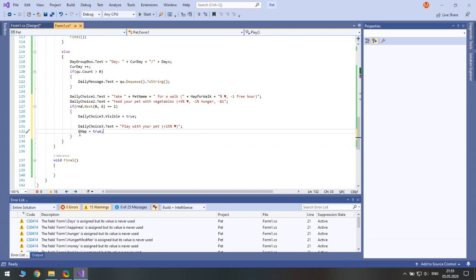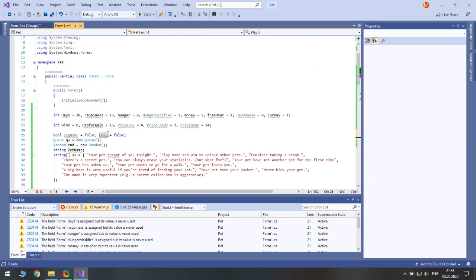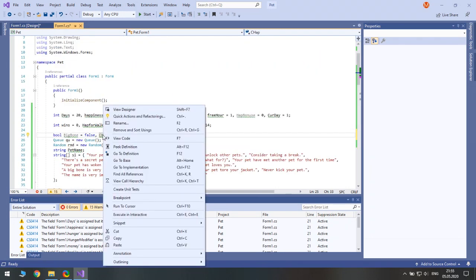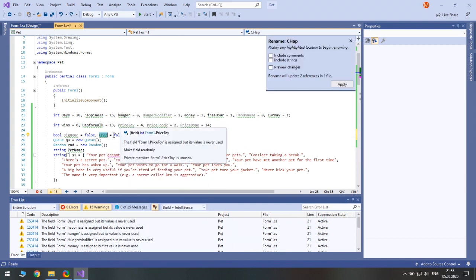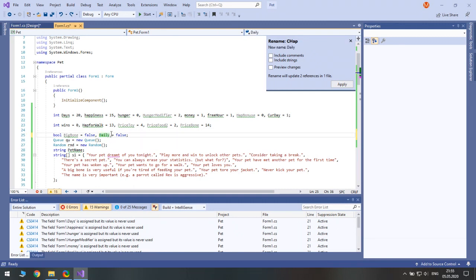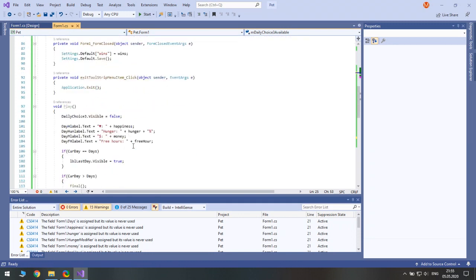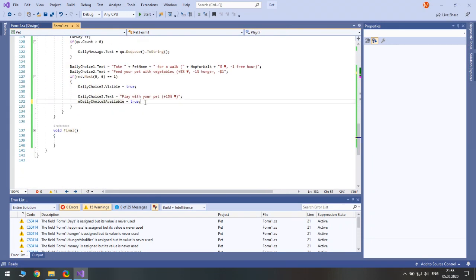Well, it's not intuitive at all. Let's rename it. So click rename or press F2 and type daily choice 3 available. Yeah, so that's better.